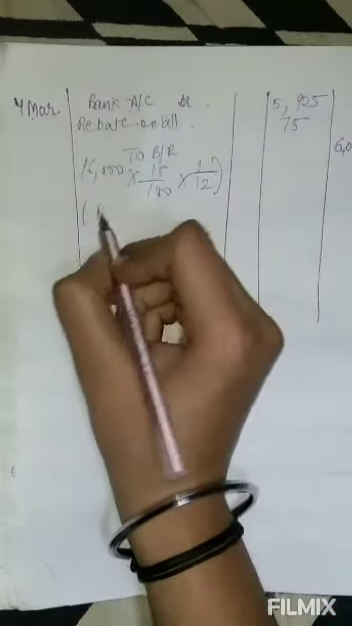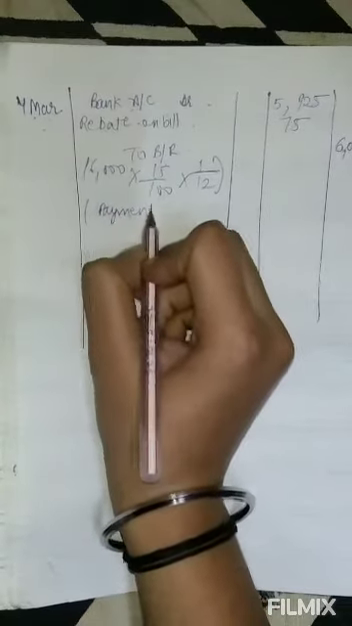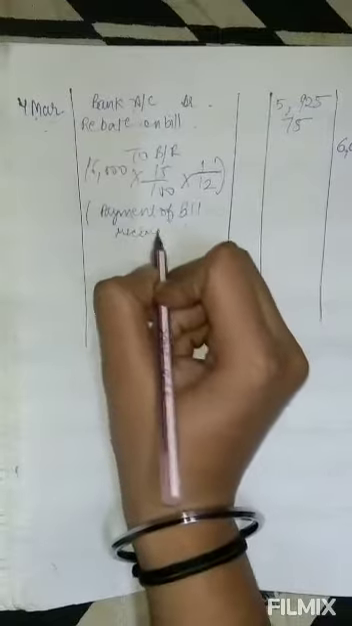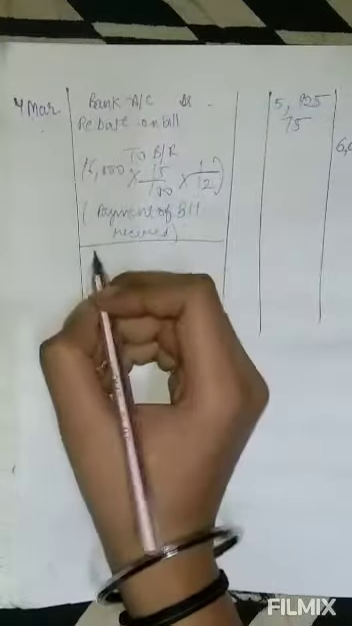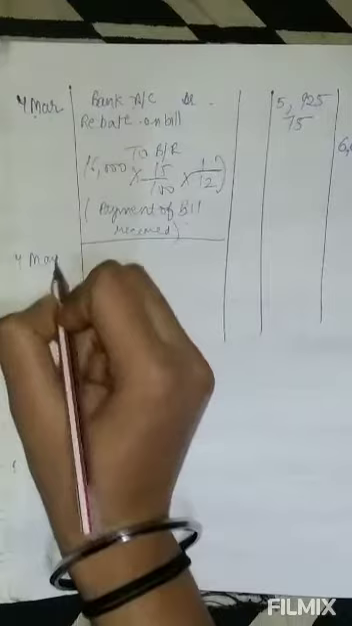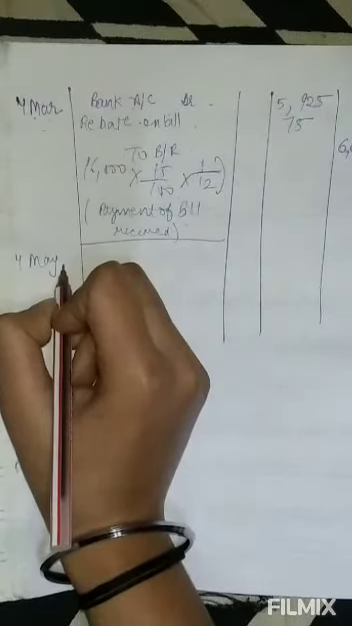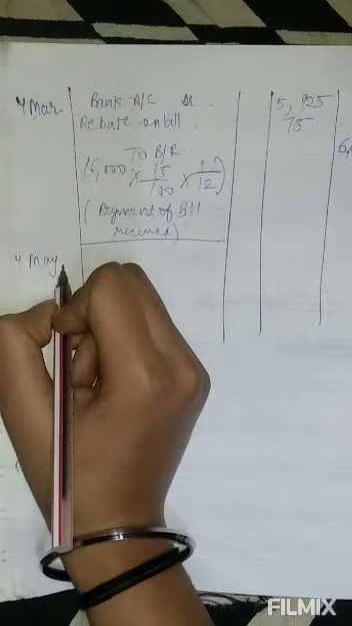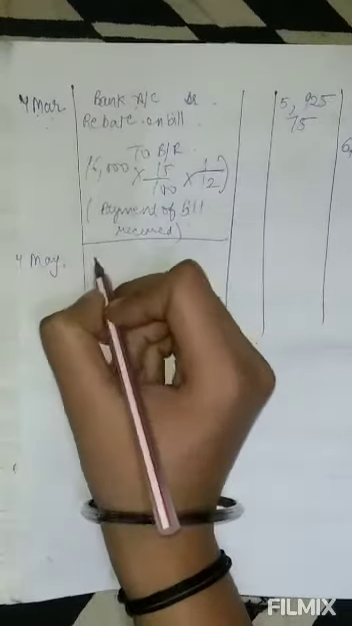This is the payment of the third bill, which has been received. Payment of bill received. Okay. After this, on 4th May, this bill has been sent to the bank for collection. So on 4th May,